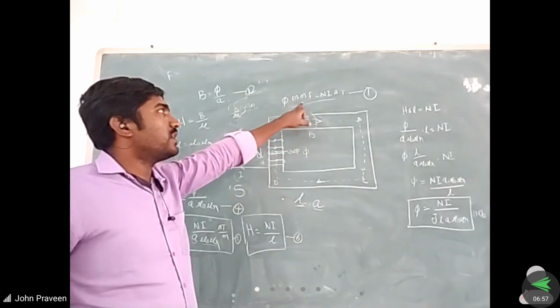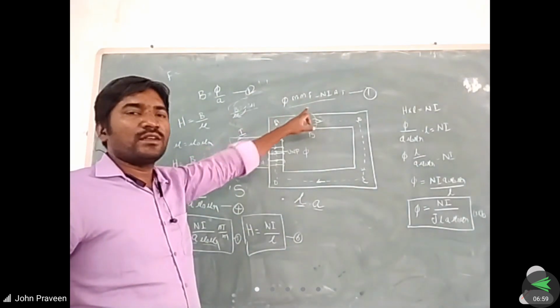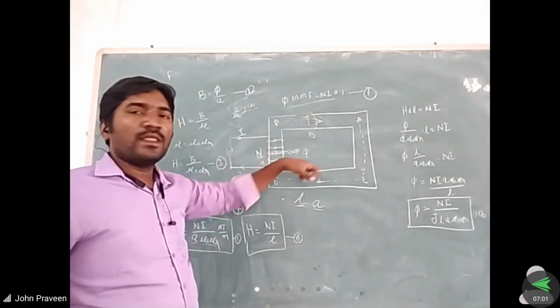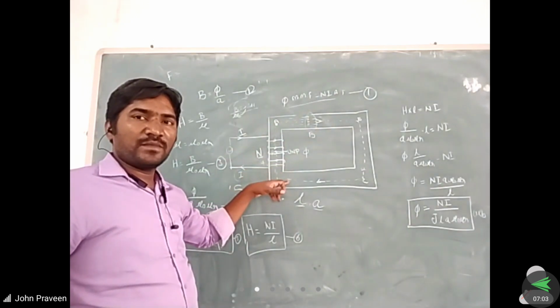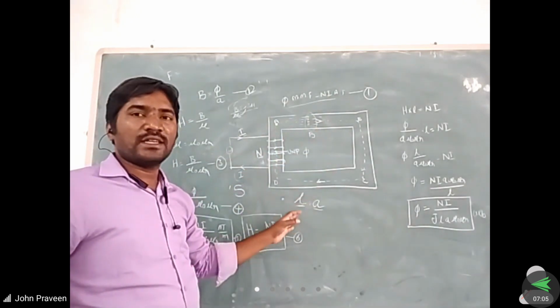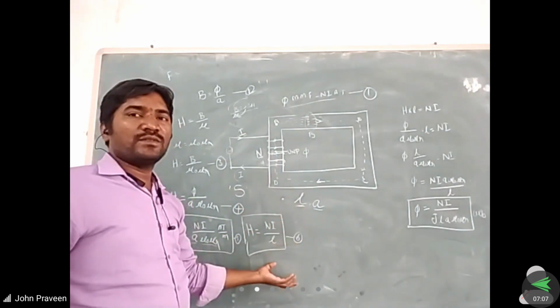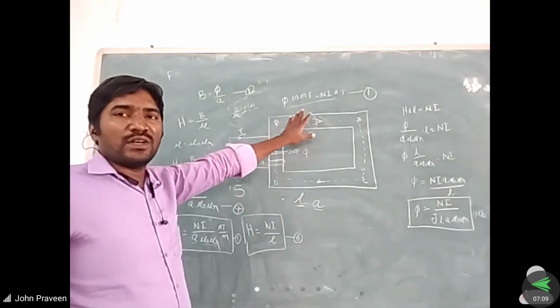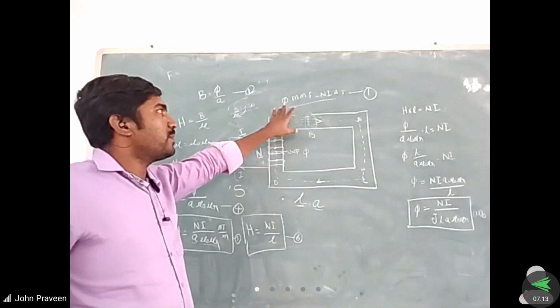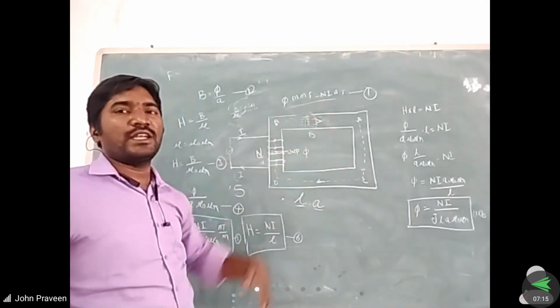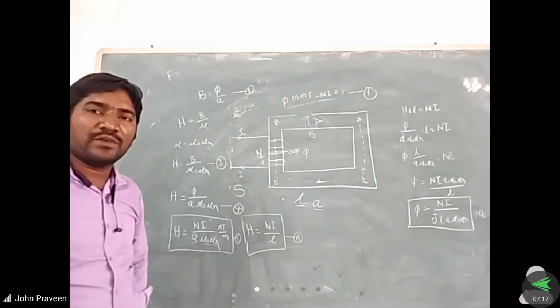So this phi we call as an MMF. Why? Because of the movement of the magnetic field, the force will exist in a material. Because of that reason, we call it an MMF. So that implies phi is equal to MMF, that is equal to N into I. That we are assuming as equation 1.